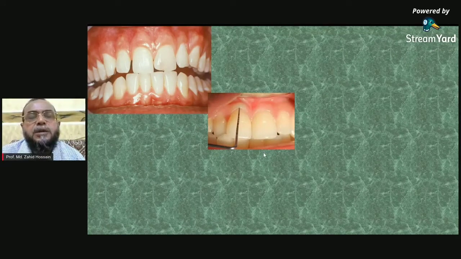Usually we use the University of Michigan O probe, that I think you know. Though in our country it is not so standardized, because the dental shops who sell dental products and dental instruments don't know about it. So you have to find out according to the book.